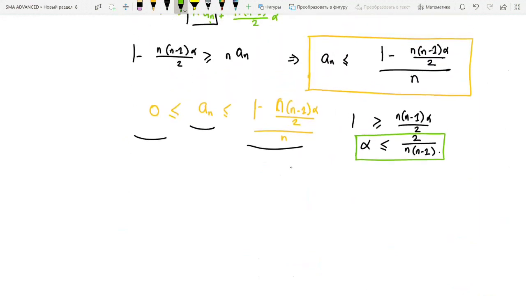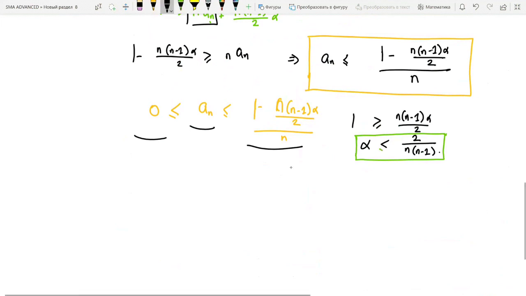So actually, let's just check first of all if alpha is equal to this value we have on the right hand side, whether it still satisfies all the properties of the question. You can verify that it still satisfies all the properties of the question, then that will be the answer. If it cannot, it means that this should be a strict inequality. So first of all, this is what we have.